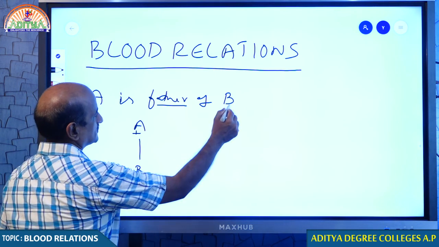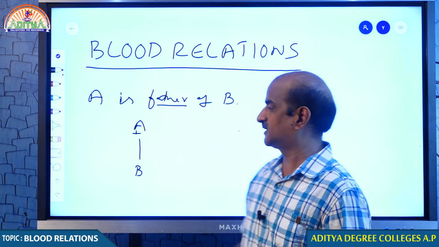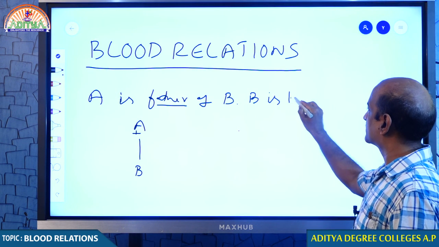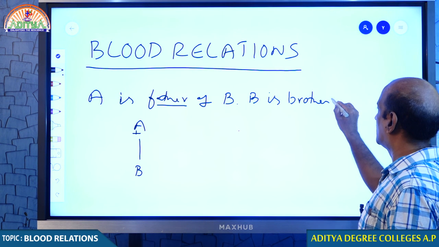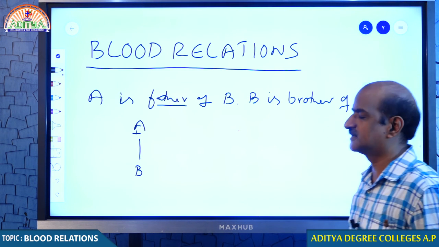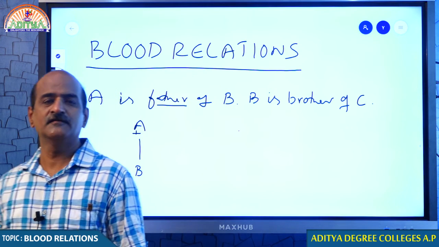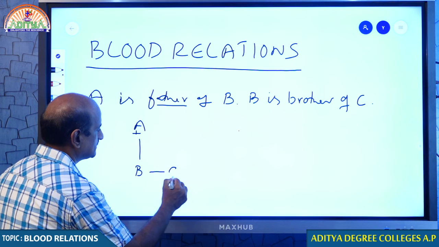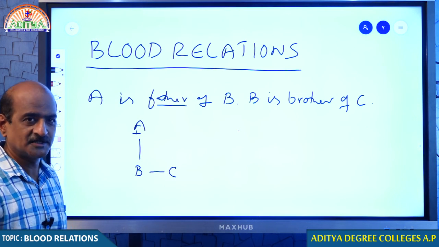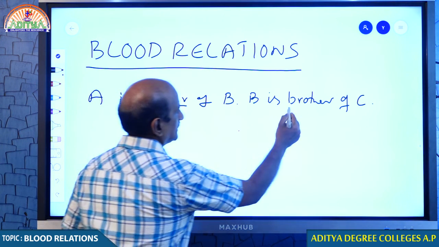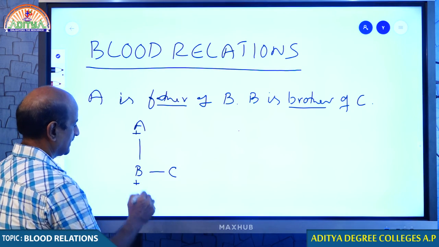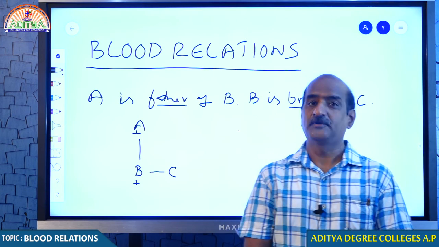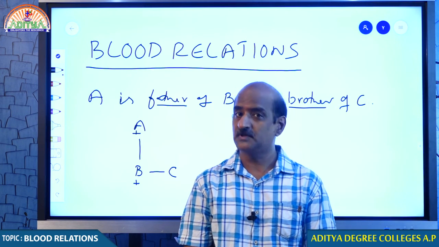So, for your information students, if I give you some more information, for example, B is brother of C. Let me suppose that this is further information. If I give you B is brother of C, one thing is very clear: B and C must belong to the same generation, and B is a brother. Because B is a brother, we can take the gender of B as plus. Hope you understand this.